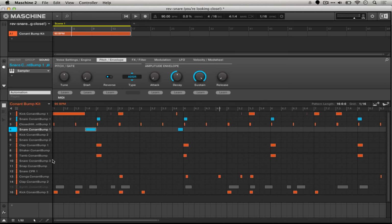So this was pretty easy to achieve. Again, the reason that this is working is that we're managing the length of the notes, and we have an ADSR sound. Now, some things that we could do is we could mess with this envelope a little bit. We're not going to do that in this tutorial, but just to show you how to try to manage this and still be able to get different rhythms in a one-shot mode,